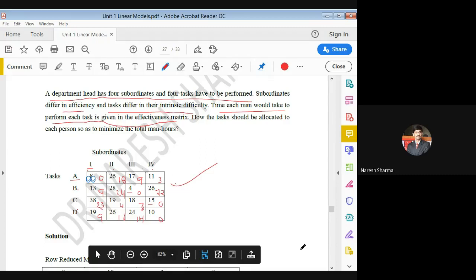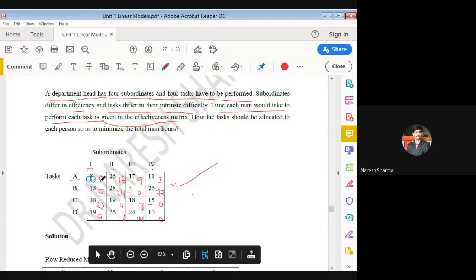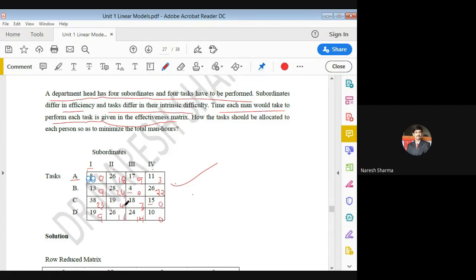After doing this, you can check the second step. The second step says do the same thing column-wise, meaning you subtract the minimum element of each column from that particular column itself. In the first column 0 is the minimum, so subtracting 0 leaves the result unchanged. In the second column 4 is the minimum, in the third again 0, in the fourth again 0. So we actually need to subtract 4 from the second column only, right? If you subtract 4 from this column, you get 14, 20, 0, and 12.